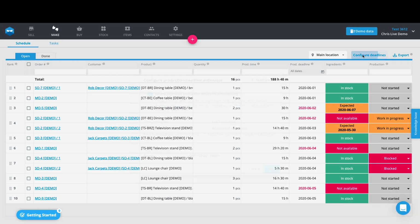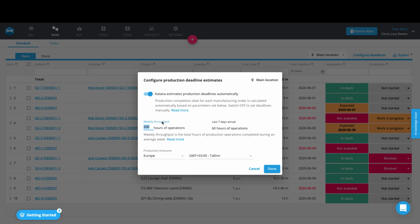Now if I have a situation where, let's say, half of my team is out whenever I need to produce these manufacturing orders, it would drop my 200 hours of operational throughput by 50%, which would give me 100 hours of operation. And in this case, it would only distribute 20 hours worth of operations across each day. And when I've got almost 200 hours of manufacturing orders in the pipeline, it's going to actually double my actual deadlines